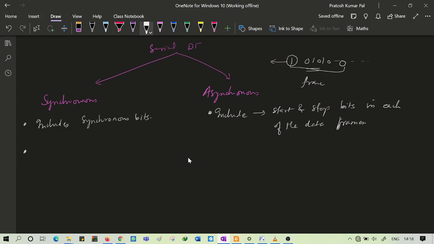In case of synchronous, even if no data is being transferred, this type of system will keep on transmitting the synchronous bits so that synchronization can be maintained.